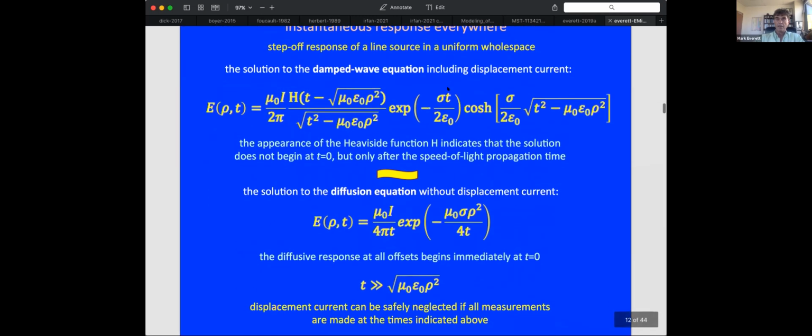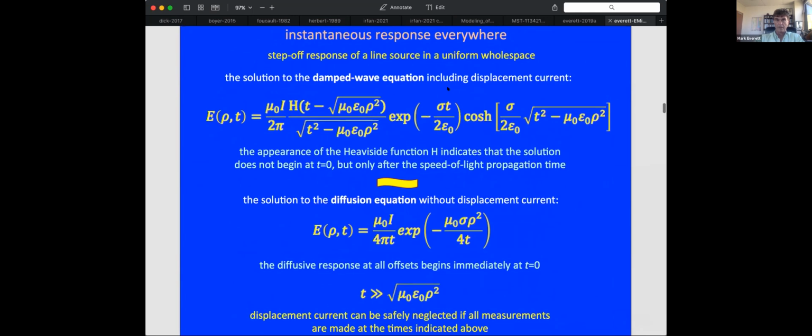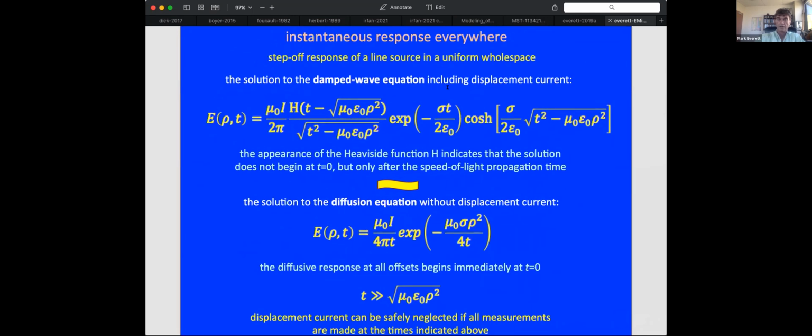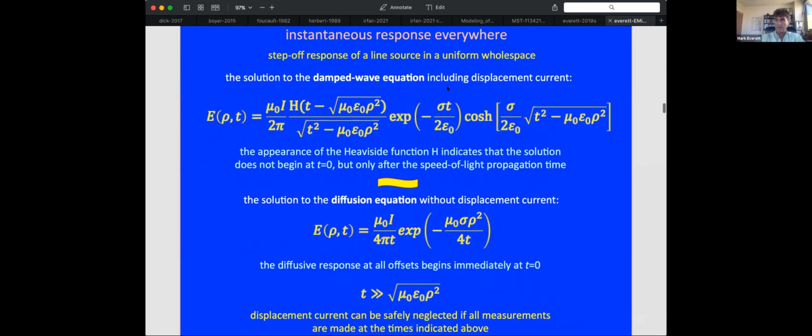Another aspect of EM induction, which is rather interesting and has some important ramifications, is that the response that we measure in the MQS approximation, or the inductive regime, is instantaneous everywhere. So through the entire Earth. And we can easily see this by examining a simple problem, the step-off response of a line source in a